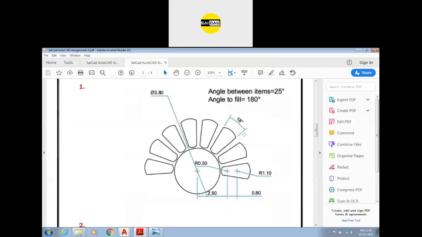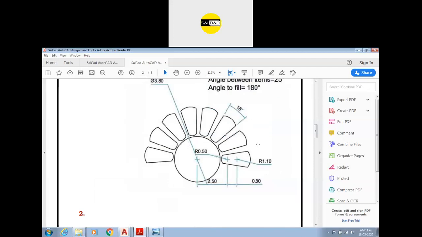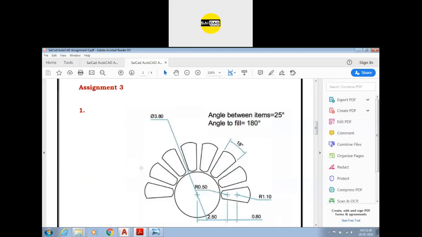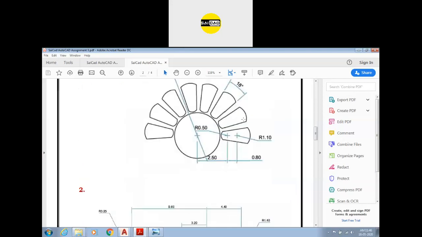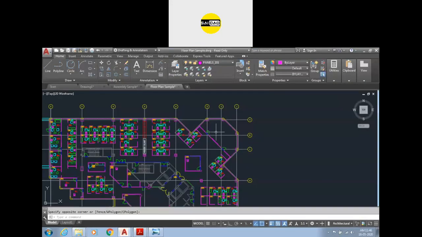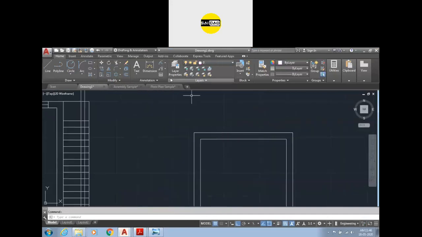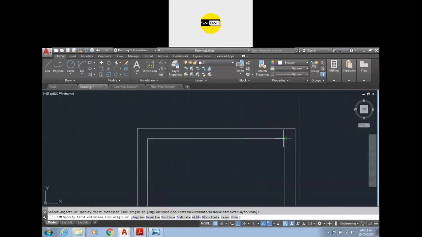Okay, first we have some simple options. You have to just type the text and create these shapes with the help of the simple array option. We have some angular dimensions. So this drawing will be for the text, and here is the dimension type. Here you have to create the ordinate type. Okay, break line. So we have an option here for break line. Suppose I have a dimension that is going to cross.